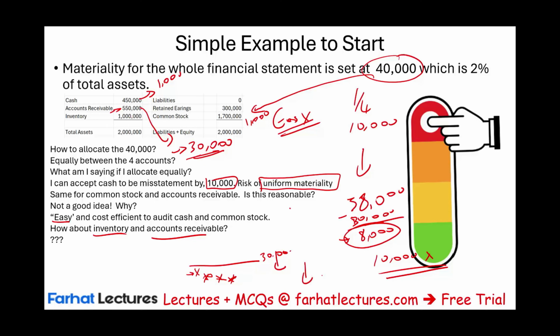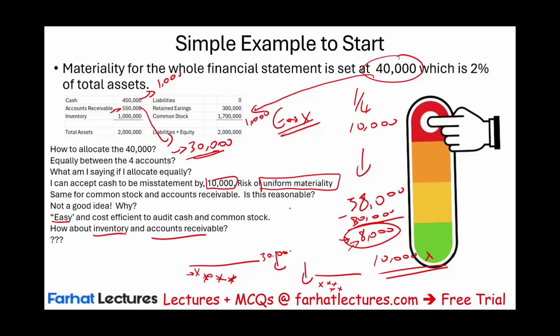But the lower I put my performance materiality, 8,000, the more important the account is. Inventory is an important account for me because there's $1 million worth of inventory. I have a lot of inventory. The inventory is important. I'm going to lower my materiality. It means I am going to tolerate fewer mistakes in inventory. So when I audit inventory, I'm going to set it at 8,000, and anything above that is going to be looked at closely and basically ask the client to do what? To fix it. But I'm willing to tolerate up to 8,000.